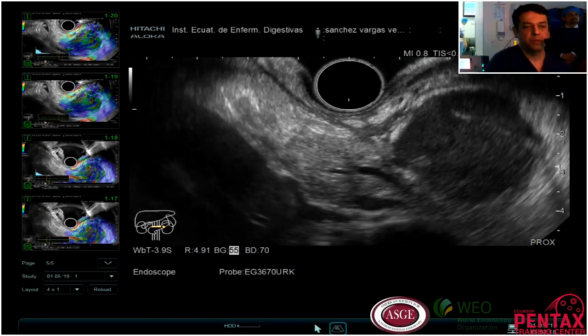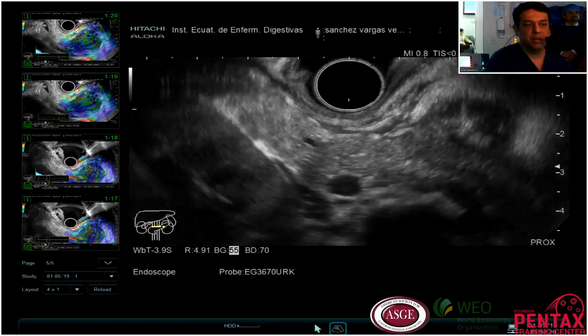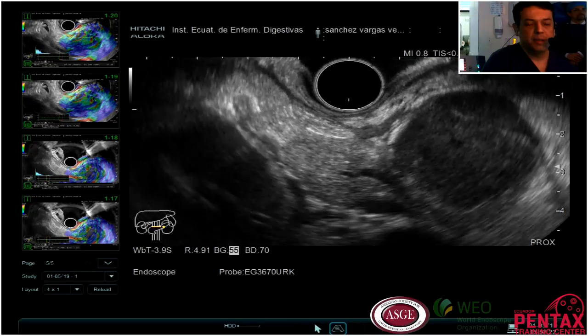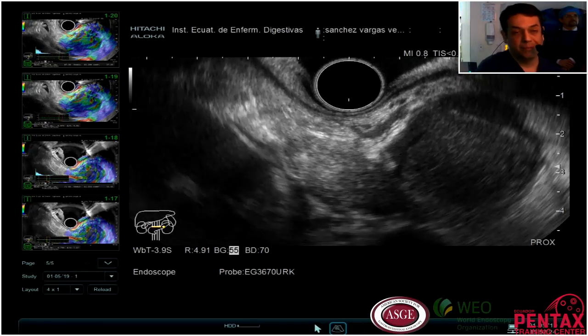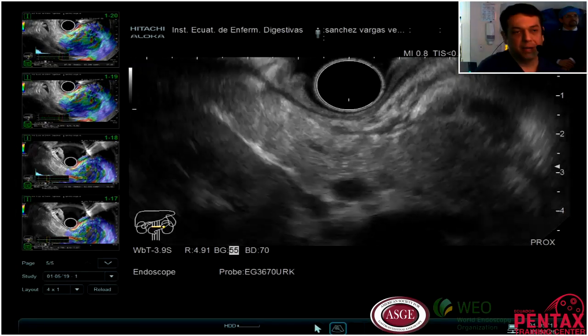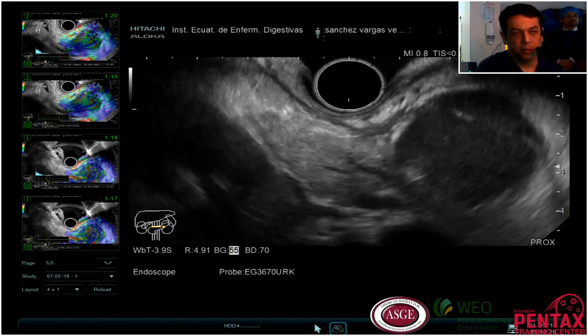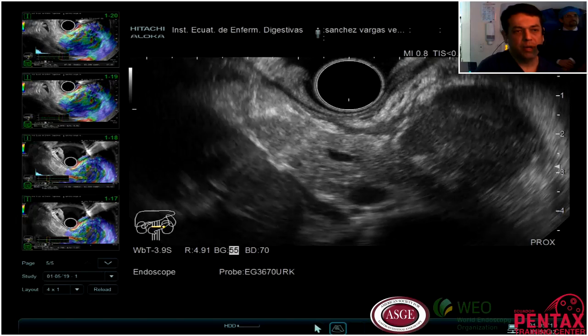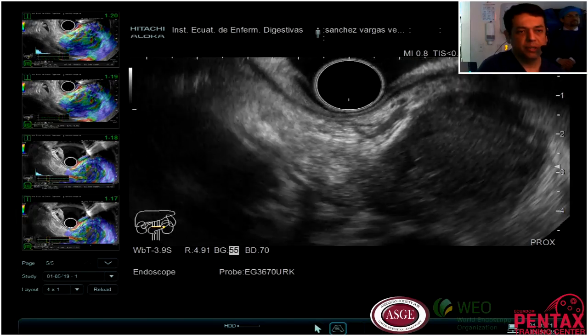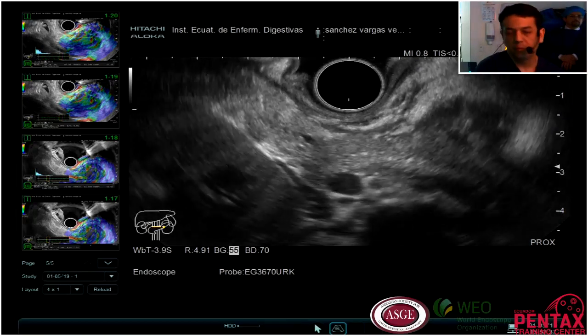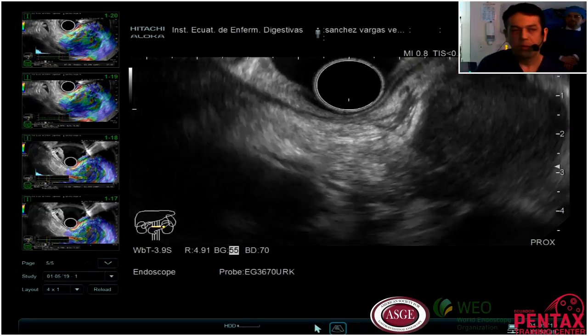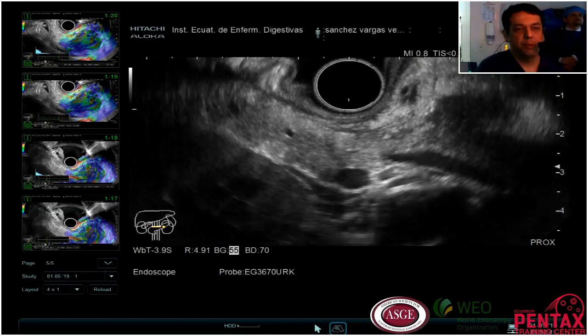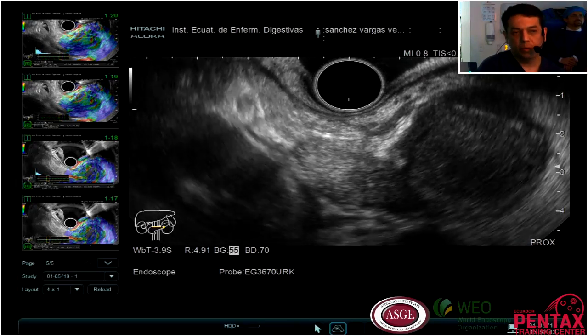This patient apparently has a pain that probably could be from the pancreatic area, and was admitted at the hospital 1 week ago because of big abdominal pain, with a diagnosis of acute pancreatitis.